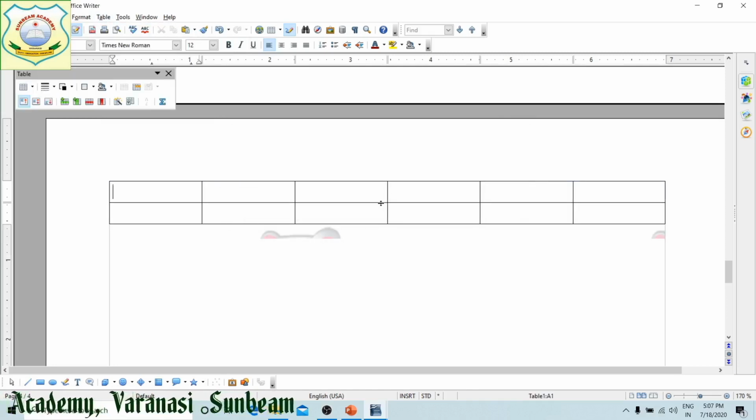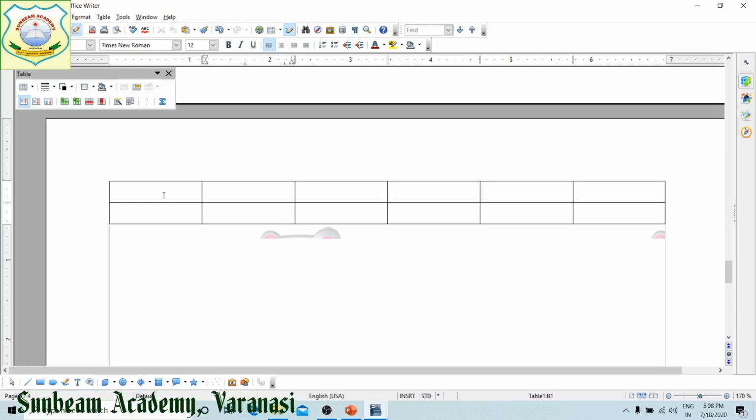This is our table. Now to navigate within table, tab key will move towards the next cell, right? And down arrow key will move towards down cell, up arrow key up cell. If you want to come back to the 1 or 2 cell, shift and tab, it will move backward, right?